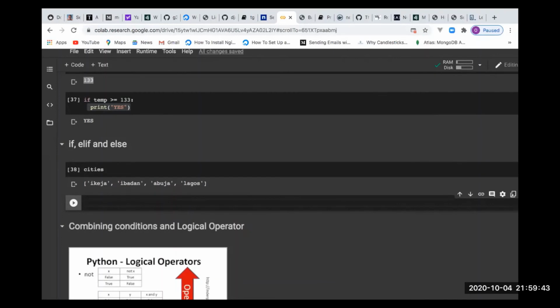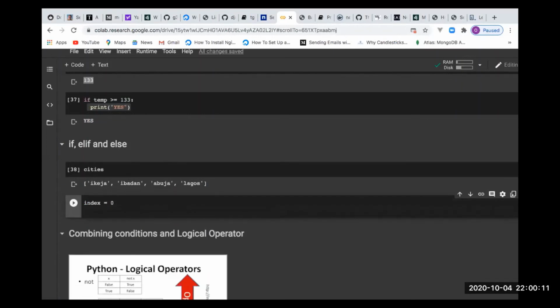We'll still combine them together later. I want it to look at all these elements and say if, let me declare a variable as index equals to 0. Now say if